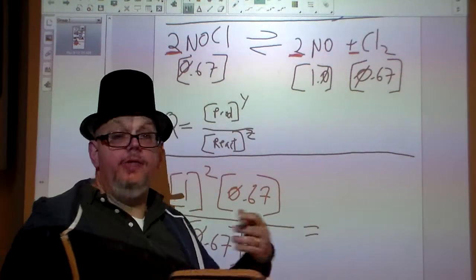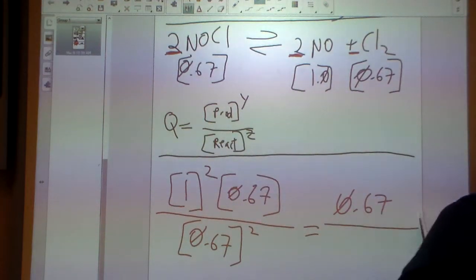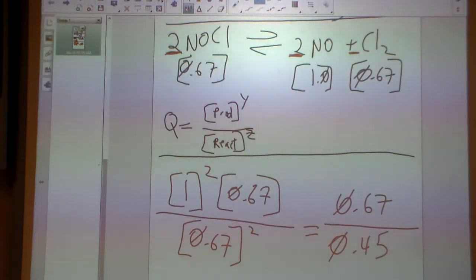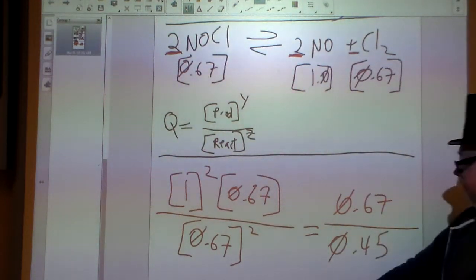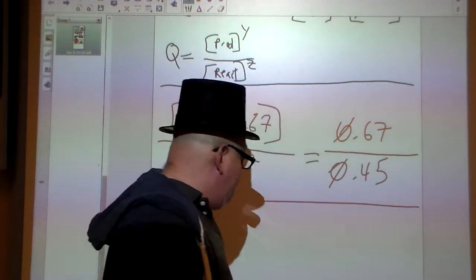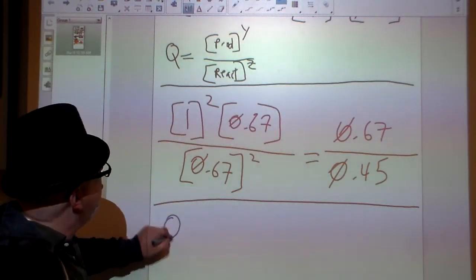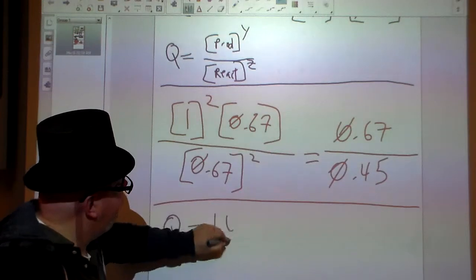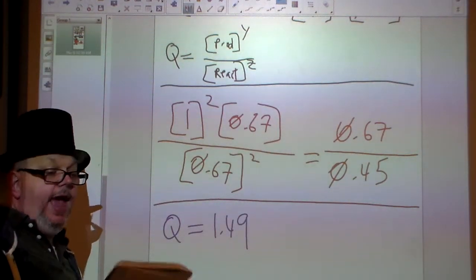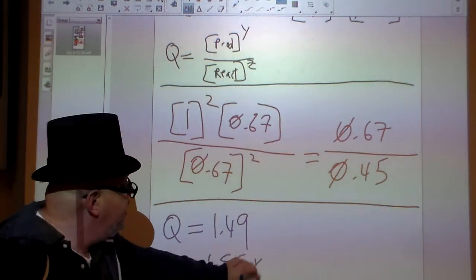And if we were to multiply this out, we're going to have 0.67 divided by 0.45. That's what it would look like. So that's what we would have. Then the next thing, as we divide it out, our Q is going to equal 1.49. Okay? Now they gave us the K at the beginning, where our K is equal to 1.55 times 10